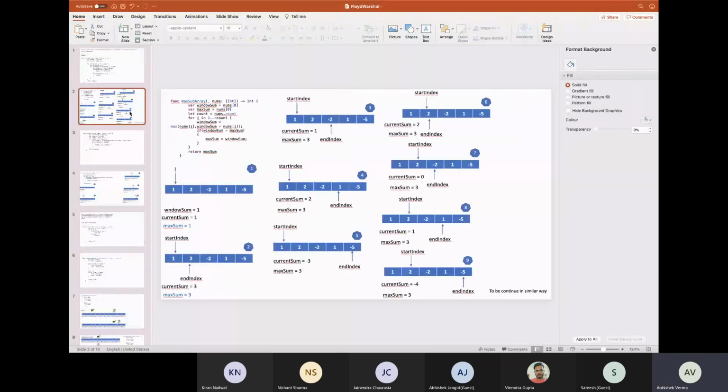What I'm saying here is, if we have an array with 1, 2, minus 1, minus 2, 1 and minus 5, and we take the subarray of only the 0th index and 1st index, we will be able to return the maximum sum. Otherwise, if we take any other subarray, that subarray sum will not exceed 3. So our result should return 3 as output.